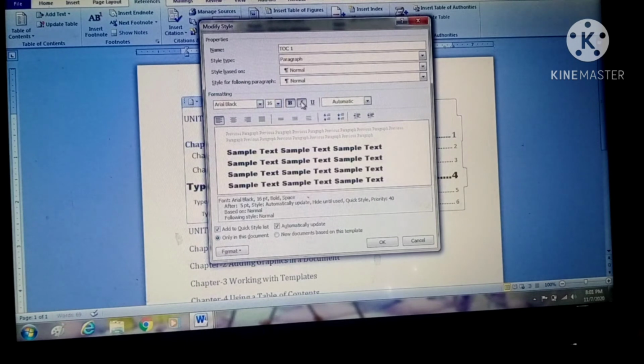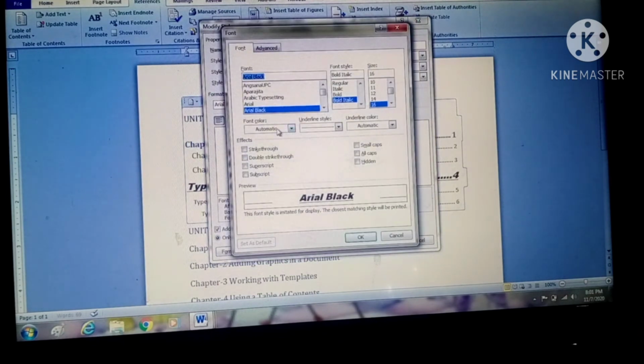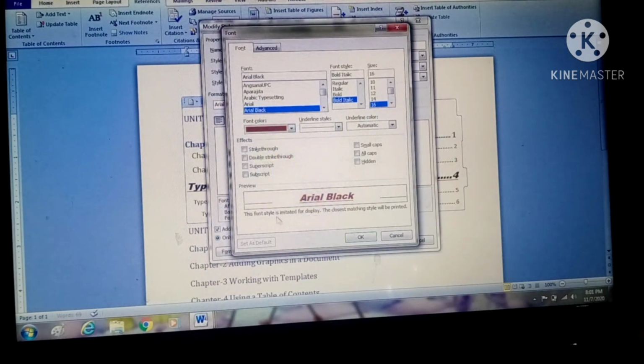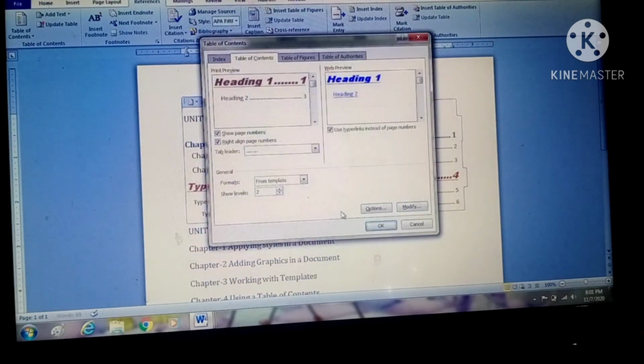Bold, italic, underline. And formatting, font I am changing, Arial Black, bold, italic, 16 I have already changed. Font color I am changing, that should be blue, Arial Black. Then click on OK and OK.